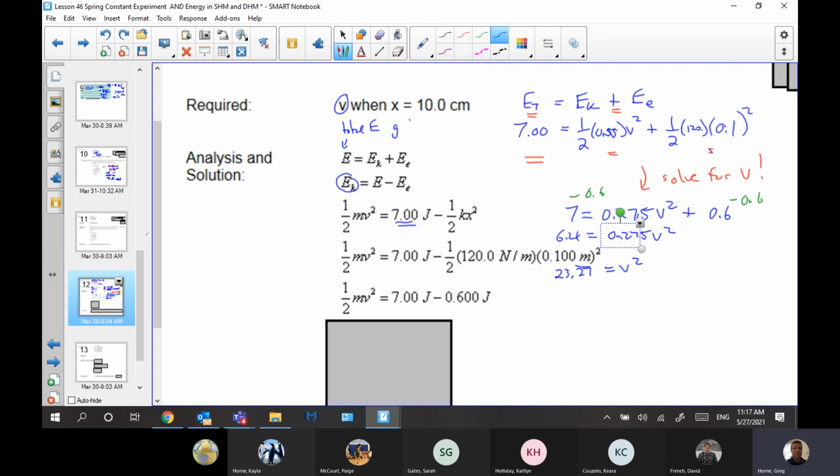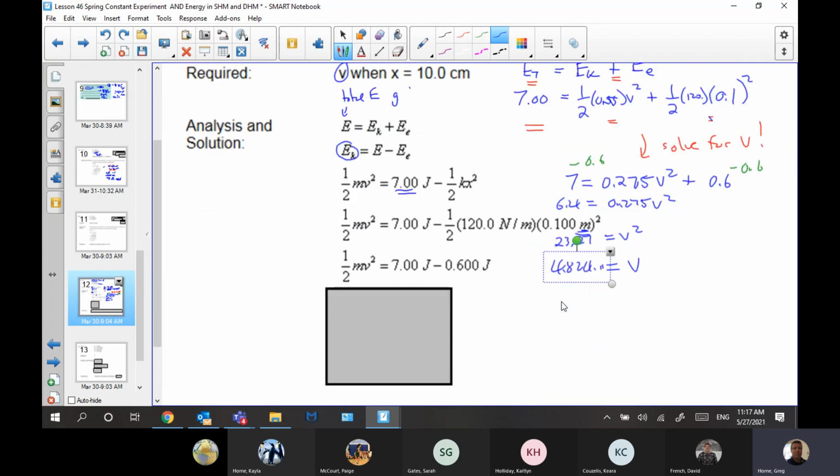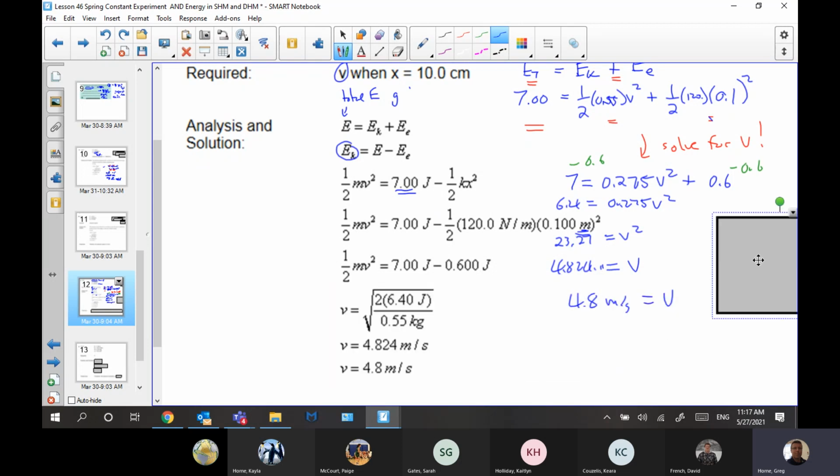23.272727. So for me, I'm keeping as many digits as I can, so I'm going to show repeated numbers there. And I have it in my calculator still. I can just hit root. So v equals 4.824... And you're like, okay, what did we have? The lowest number was 2 significant digits as we had before. So we're going to say 4.8. Okay, so they end up with a 4.8 there